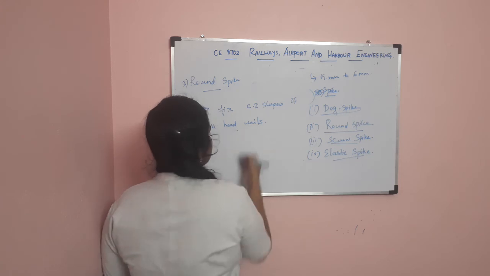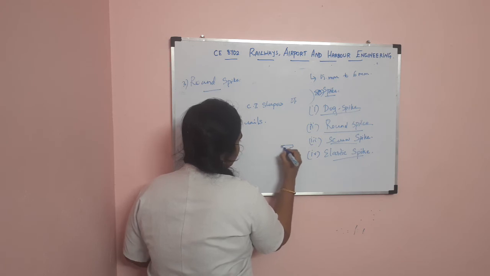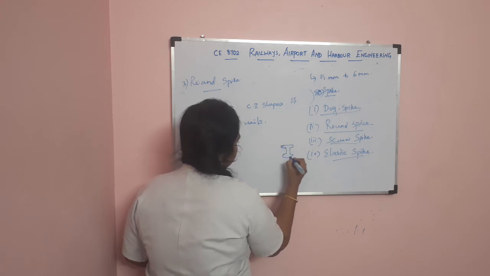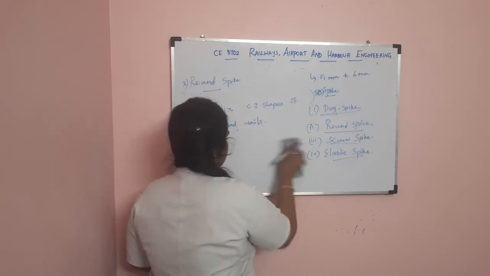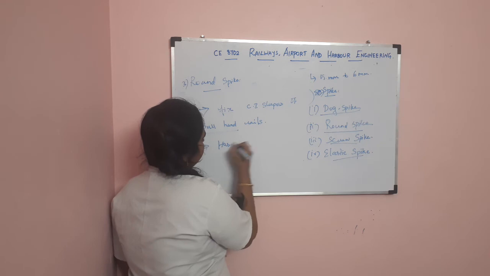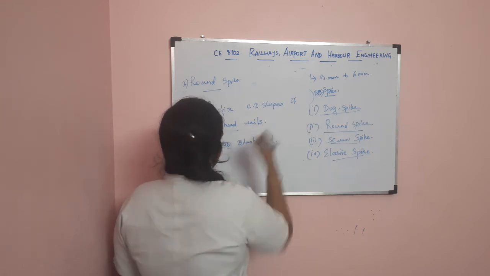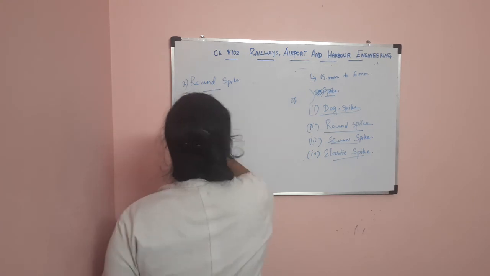So bull-headed rails, what is bull-headed rails? The head is somewhat thicker than the bottom. That is the bull-headed rails. So it has blunt end. So diagram for the round spike is